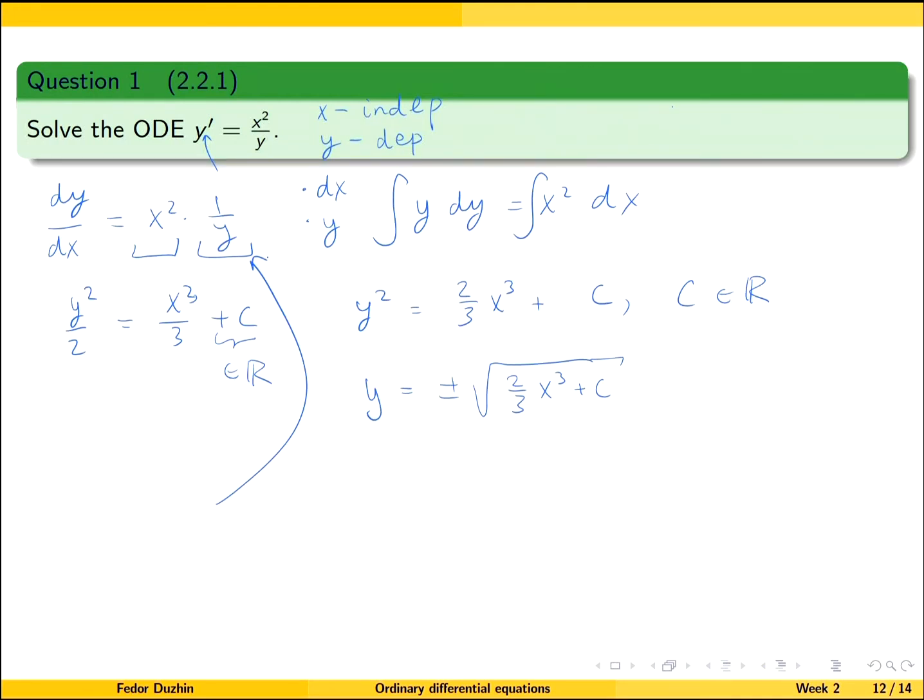So it means that the right hand side of our differential equation, its domain is not the entire plane xy, but rather the entire plane xy except for the line where y equals 0. In order to be able to divide, y cannot be equal to 0. So it is actually good to include this restriction in the answer as well. So we should write that y shouldn't be equal to 0, and this is the final